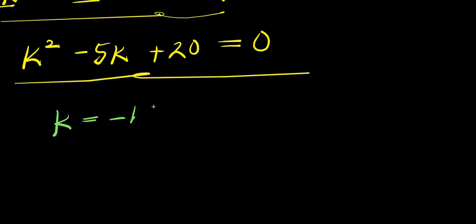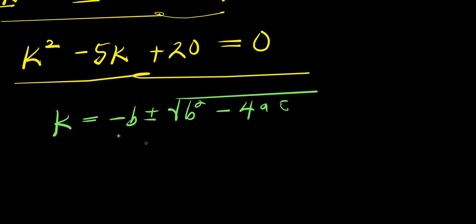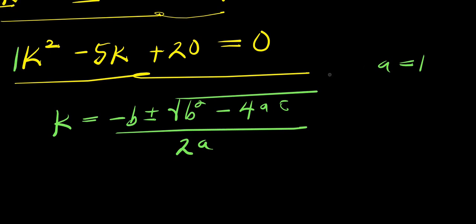We have k equals negative b plus or minus square root of b squared minus 4ac, divided by 2a. So from here, a is 1, which is the coefficient of k squared. b is negative 5, which is this. And c is 20, which is this. So from here, we